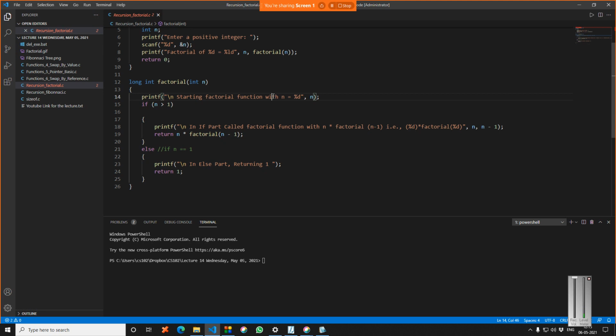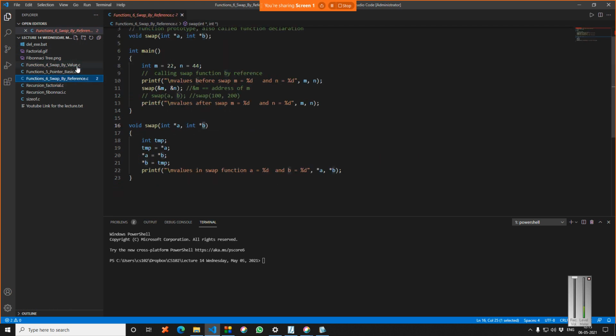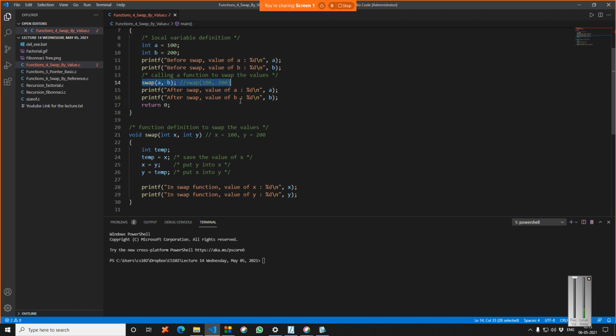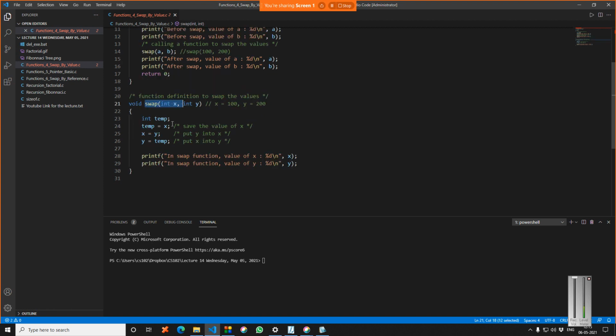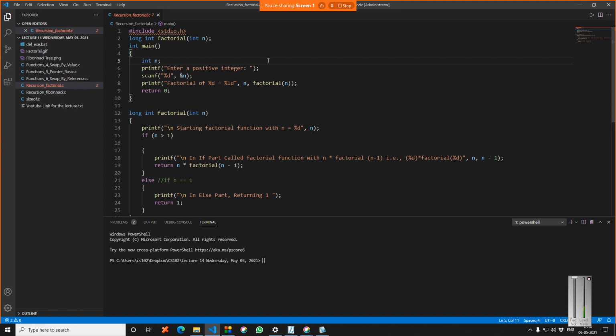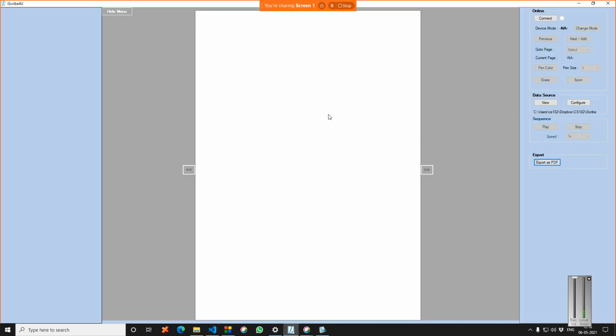Okay, so we saw yesterday swap by value and swap by reference. Basically we were just doing a simple function call to the swap function, and the function was called only once, right? This function calls the swap definition, does some operation and goes back to the main function. Now there is a concept in C which is known as recursion. Recursion is a special thing in C, so it is always better to see it using an example. So let us come to the whiteboard now.